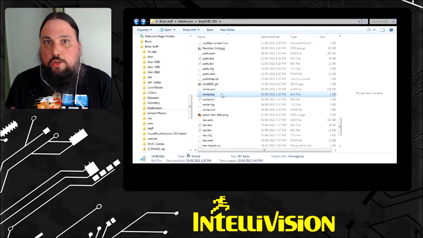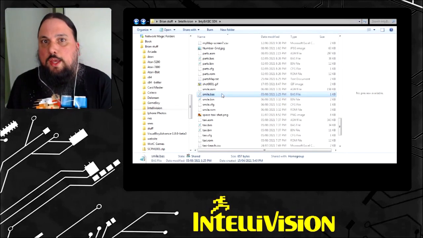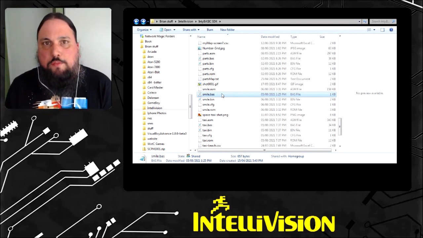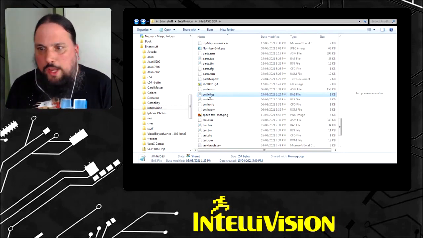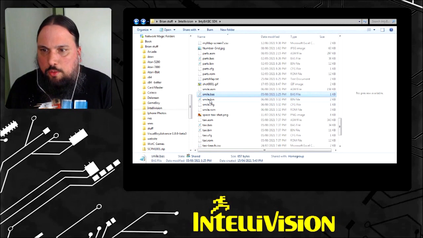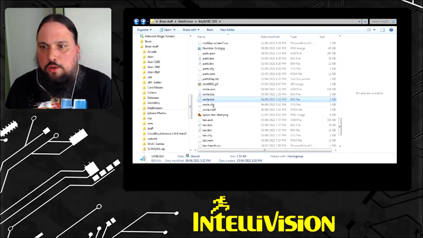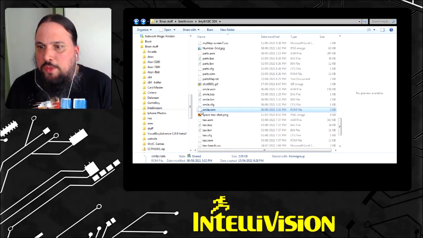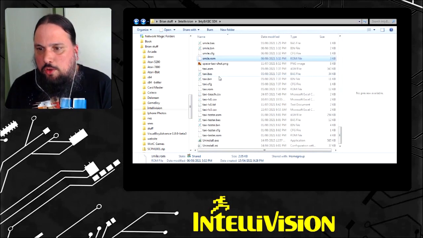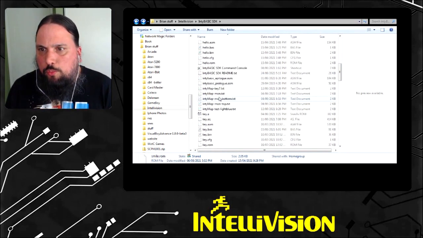So once you finish that step, you're going to have to go back into your folder and you're going to have to find the ROM now. So we have the smile.bas, and you'll see all these other little files with it. So you have a bin, a config, and a ROM. So the ROM is the game itself. So this is what we're going to grab. We're going to grab that ROM, I'm going to copy it,